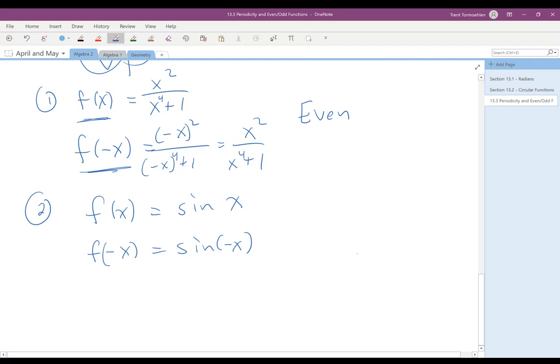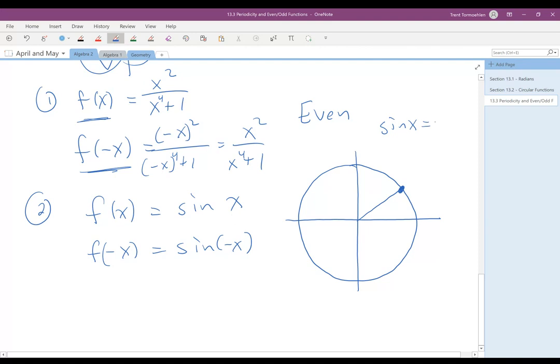Well, in terms of sine, if I look on a coordinate grid, and I remember what we talked about yesterday, the sine of the angle is just going to equal the y coordinate. Well, if this is x comma y, over here would be negative x, and for it to be the same,